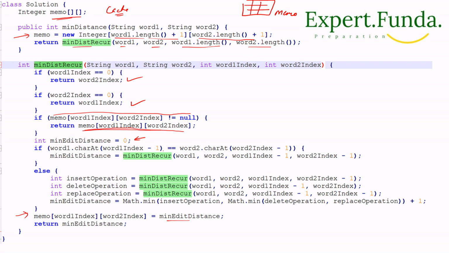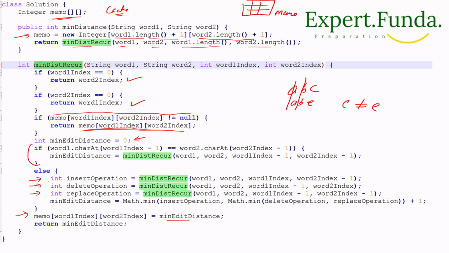Then we will check the next character at that index, like we were talking about a b c and a b e, right? So if this is equal, we will continue doing the recursion for the next character, and for that we will use this if condition. Suppose c and e are not equal, in that case we will come to here